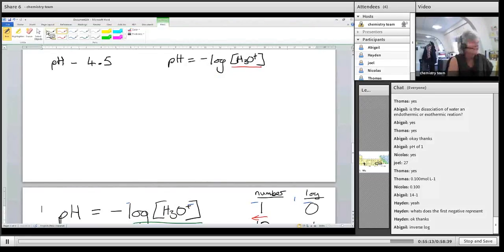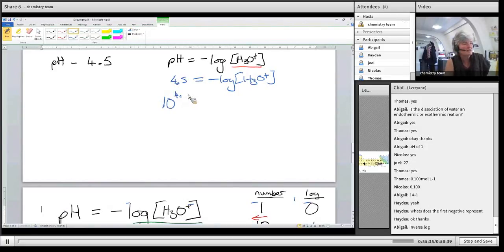So if I have, for example, a pH of 4.5 equal to negative log of H3O+, then if I take the inverse log, it'll be 10 raised to the power of 4.5 is equal to, now,